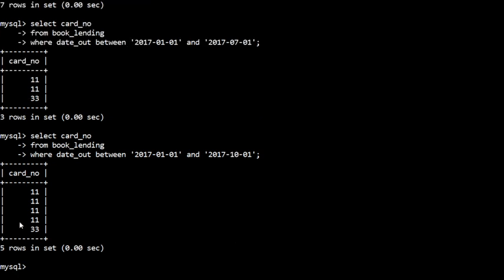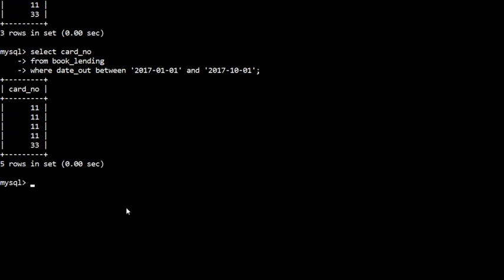Okay, now card number 11 has 4 entries, right? So if I group according to card number, and check the condition greater than 3, then I have to get this card number's details. Okay, so it is satisfying the condition.